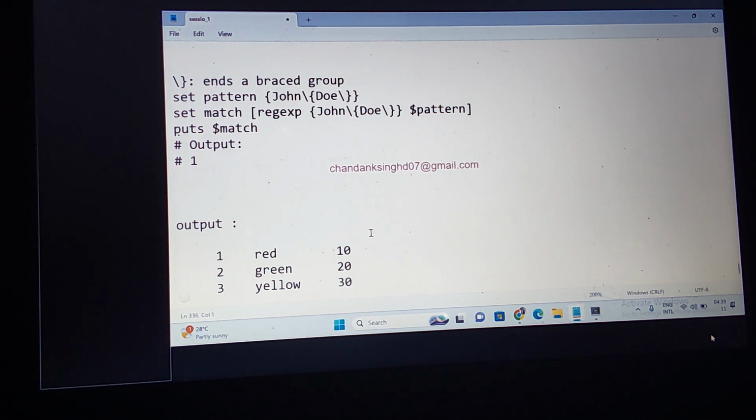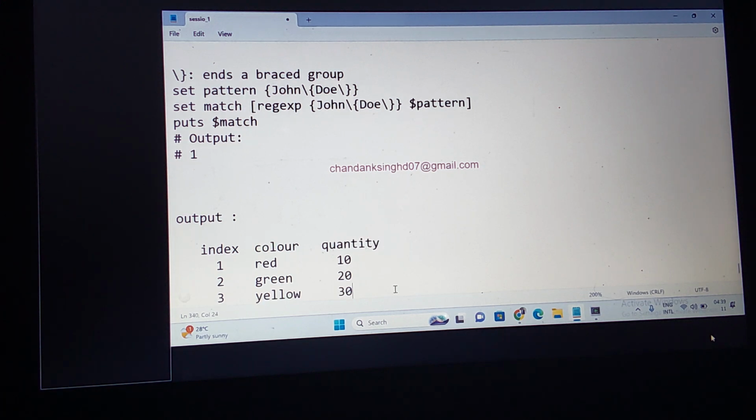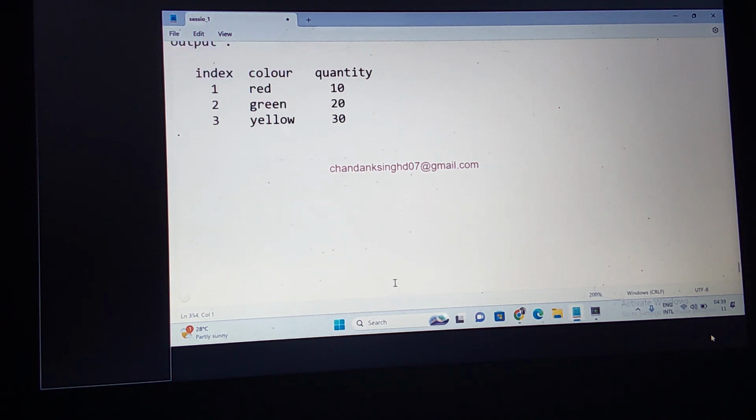For this you can do the index. You can print the index like this, then color, and let us make this a quantity. I want to print the output like this. Can you write a program using the puts command?